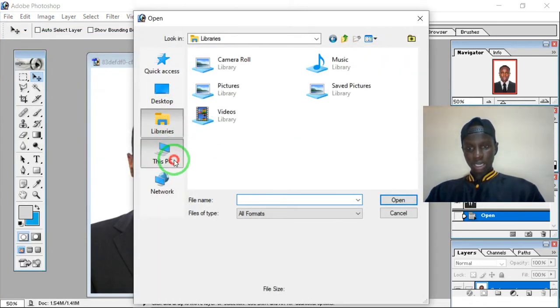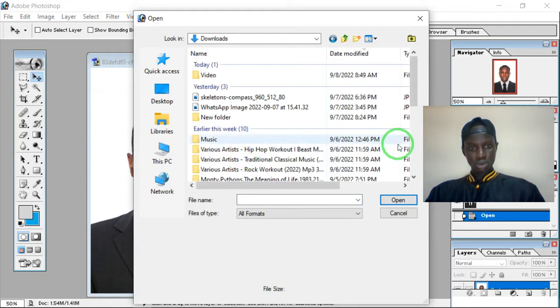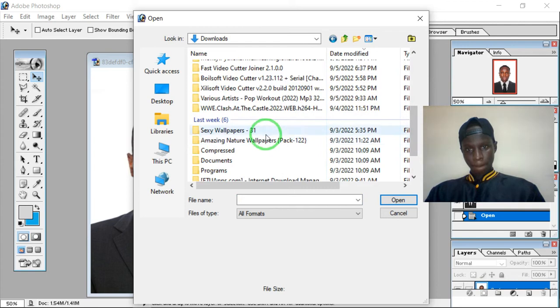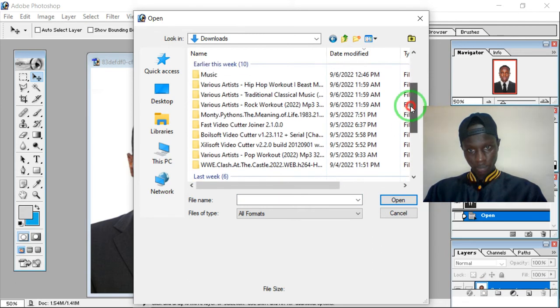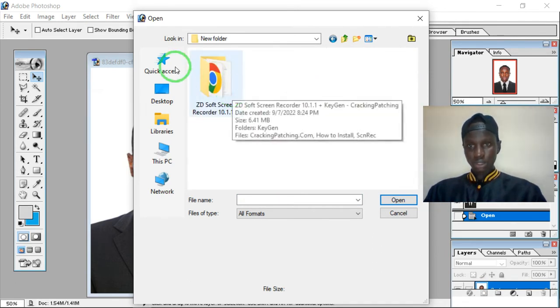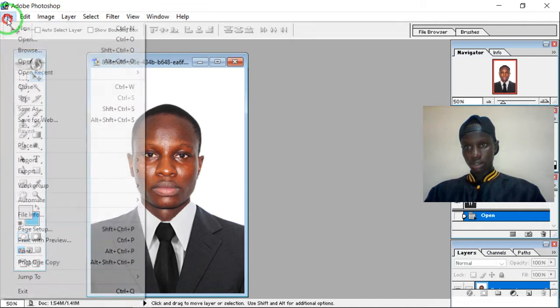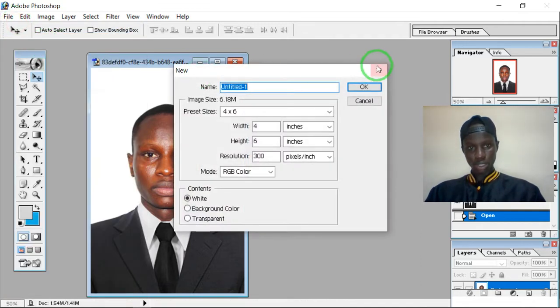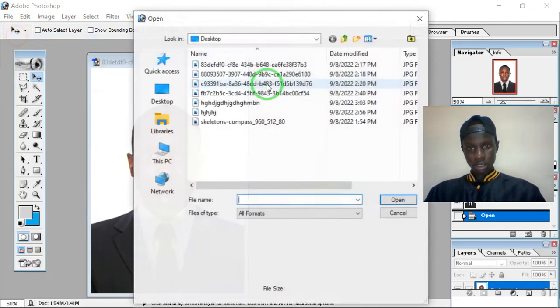If they are on a desktop, wherever they are, downloads, select the photo that you need. So after selecting a photo that you need, you drag it, or let me just show you in a simple way. Click open, then